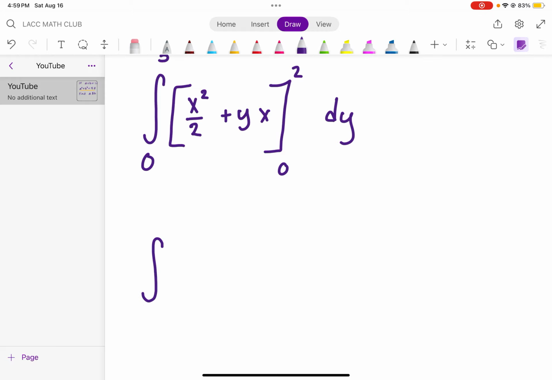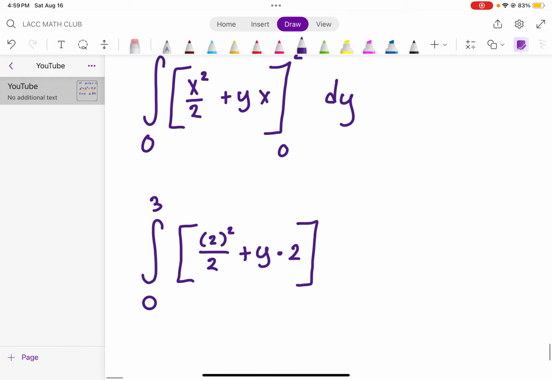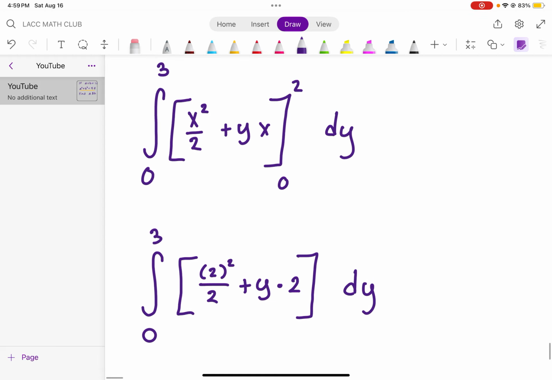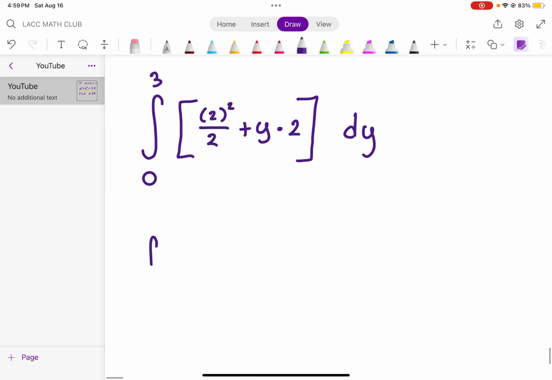So now let's evaluate this. It's kind of funny, right? We're evaluating an integral inside of an integral. So now we're going to plug in the 2. So it's going to become 2 squared divided by 2 plus y times 2. Remember, we're leaving the y because we were integrating with respect to x. We must plug in bounds with respect to x. And now this is the integral dy. If we plug in 0, then the whole right hand side is going to be 0, so I'm just neglecting it right now. This then becomes the integral from 0 to 3 of 2 plus 2y